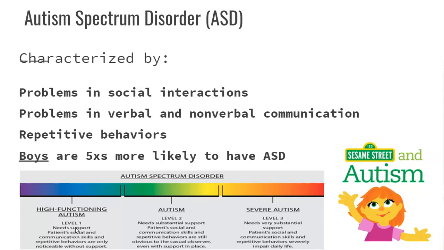So in regards to verbal communication, they may not be able to communicate effectively, or they also may not be able to pick up on nonverbal cues. So they may continue to talk to someone, for example, and not be able to read the social cues that person is not interested in talking to them. So they just may talk and talk and talk and follow them all around. So that would be an example of an issue with nonverbal communication.